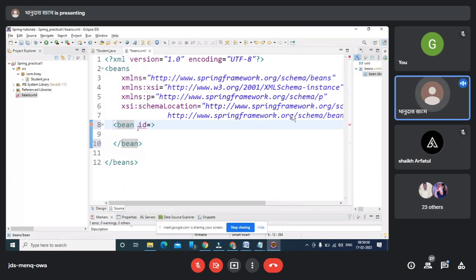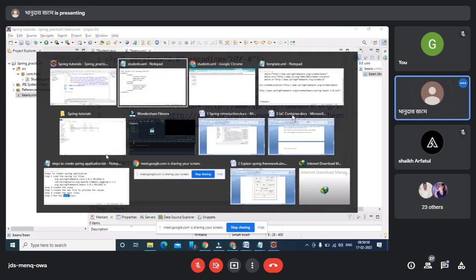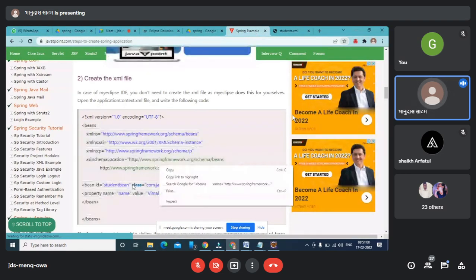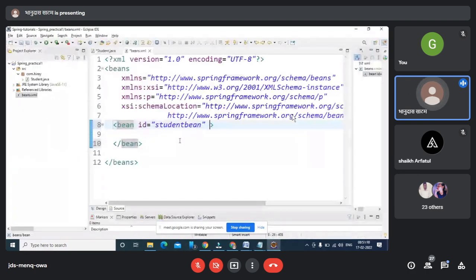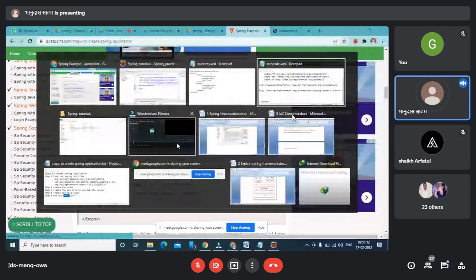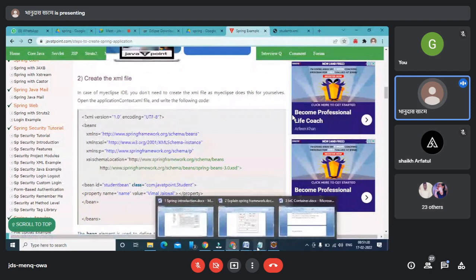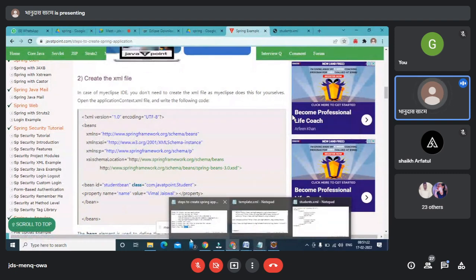So I know my bean name is student bean, so I'm choosing a student bean. I just want to use the class name here. Whenever you are using it, you are supposed to create a class here. Instead of copying and pasting, because we are keeping a template.xml, we are not going to keep the information or data type which you are actually using here.